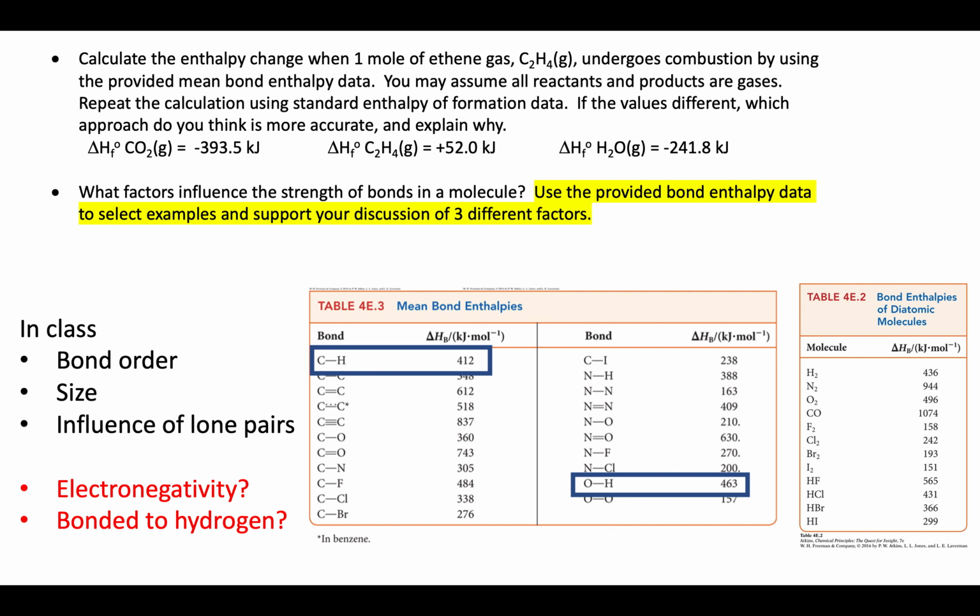Other folks brought in, what did it mean to be bonded to hydrogen? As I look at this, I do see bonds to hydrogen being quite high, but I come back to that. Seems like that's once again consistent with aspects of size. If hydrogen's the smallest, quite small that we would have, then the bonds would be having greater bond enthalpy values for that particular reason. But once again, this one I was looking for using the provided data, and there's not necessarily a real simple statement that one size fits all across all of these. So there was a lot for me to digest.